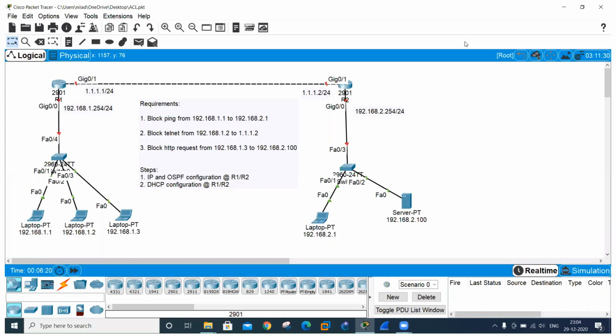Welcome to the ACL lab. So this is the topology for the ACL lab, and let me just quickly go through the topology with you. This side we have got the network 192.168.1.0, and this side we have got 192.168.2.0. This will be the default gateway 192.168.1.254, and here it is 2.254. We have got three laptops here. They are connected to the switch, and we have got one laptop and one server which are connected to the